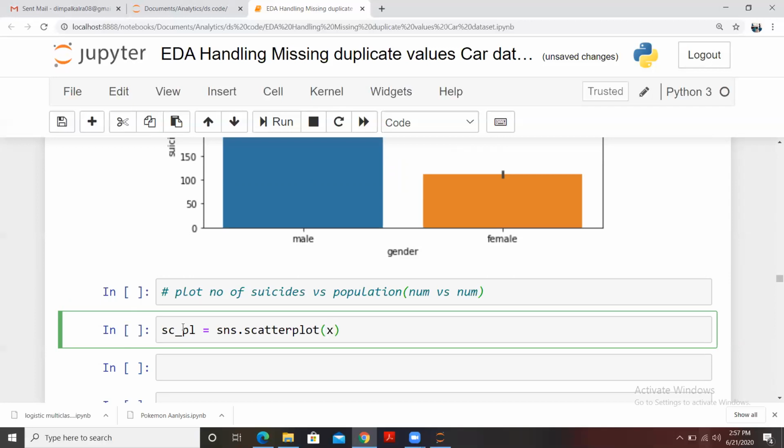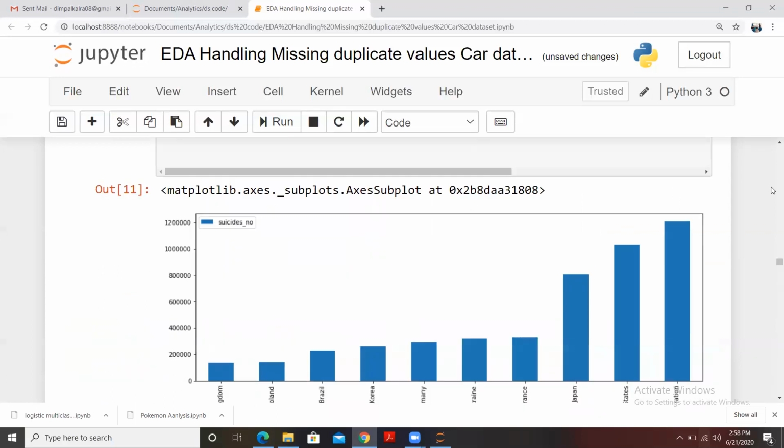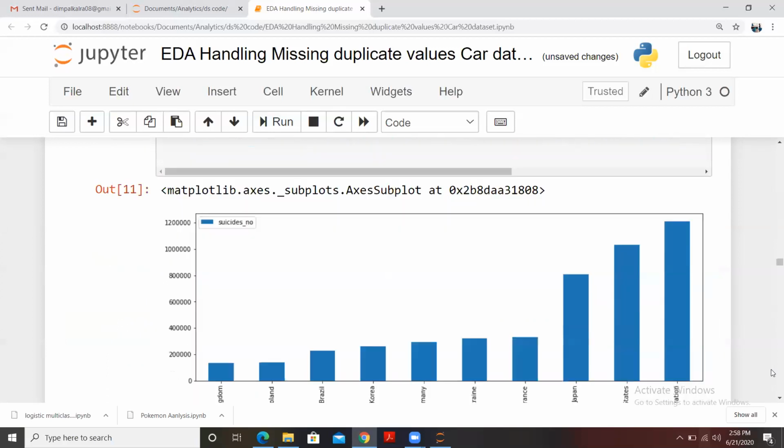And what is my data frame? That is data, and the name of the column which I want to use, that is population. Let me check if it is population or not. Yes, that is population only.